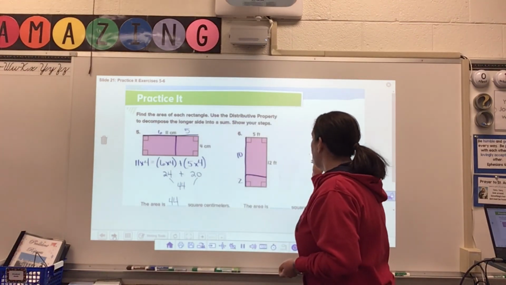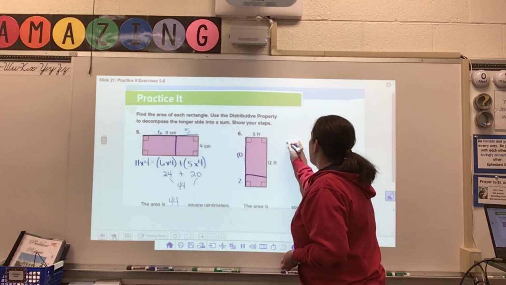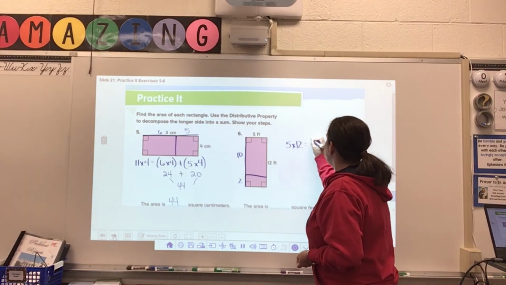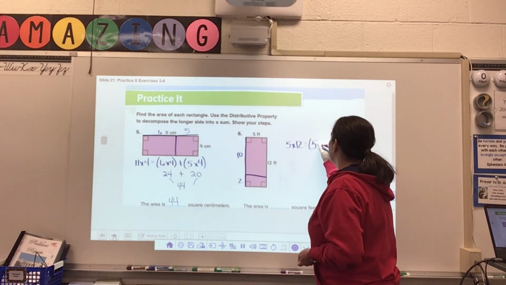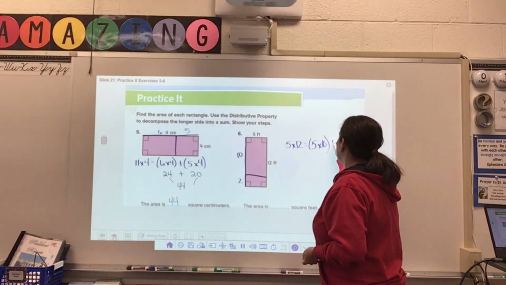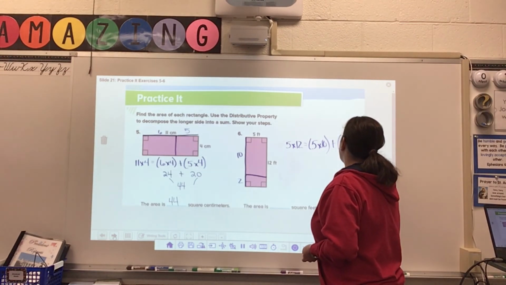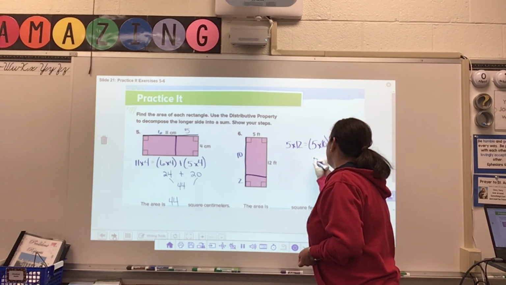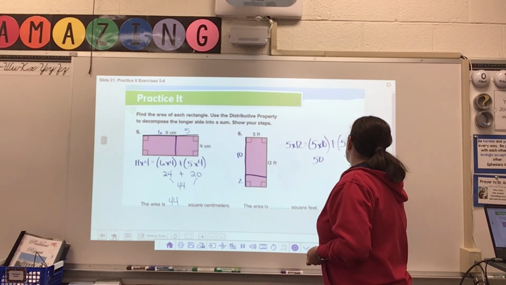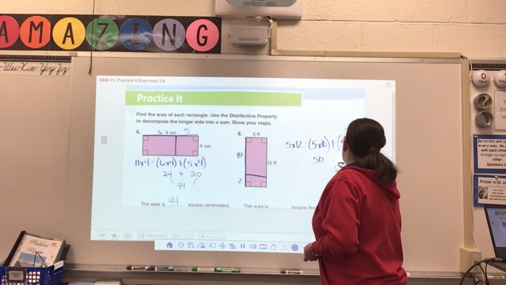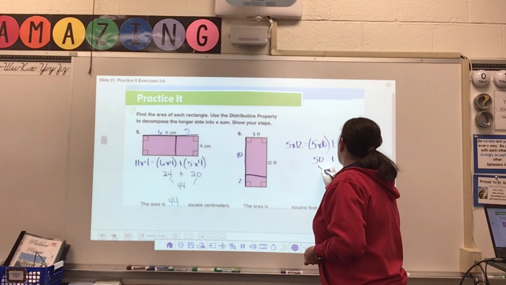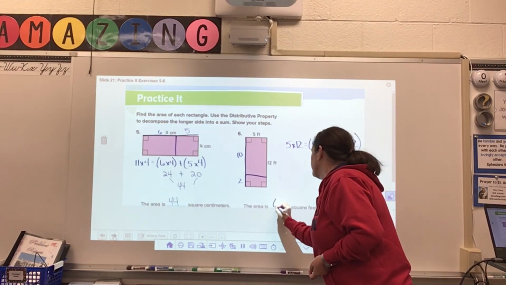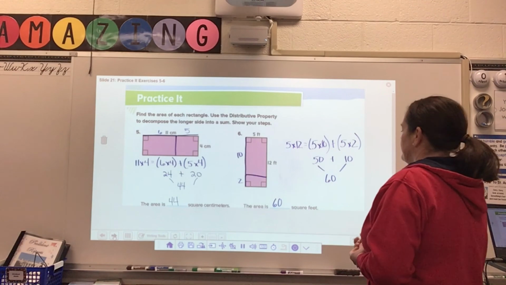So instead of 5 times 12, I'm going to decompose it and have 5 times 10 plus 5 times 2. 5 times 10 is 50. I know that. 5 times 2 is 10. Add them up. 50 plus 10 is 60. So the area of my rectangle is 60 square